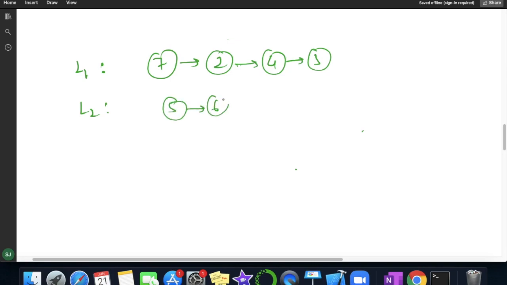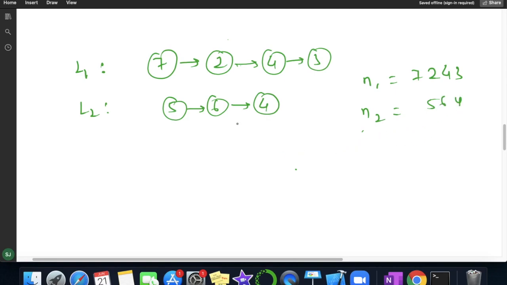If I take all the values from the nodes, n1 equals 7, 2, 4, 3, and n2 has value 5, 6 and 4.